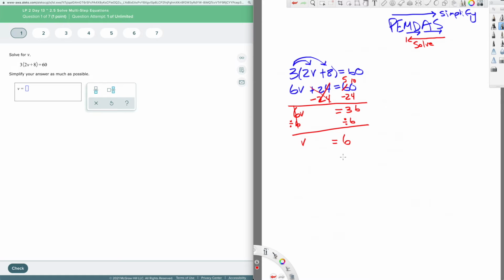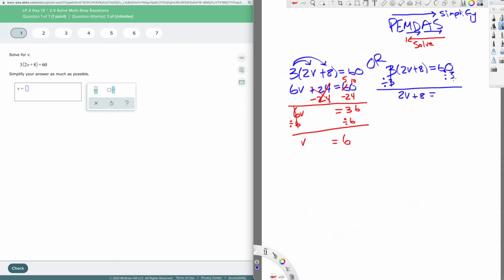So I'm going to take a step back. Since I brought it up, I'm going to take a look really quick at how you do that with the division. I could do it with distribution, or I could divide this 3 ways since the entire side is being multiplied by 3. So that's the other thing to be careful about. I don't want to divide if it's just one piece, but if the entire side is being divided or multiplied, either way, this one's being multiplied, or if it's a fraction and it's all being divided, I can do the same thing. So 3 divided by 3 cancels, and I have 2v plus 8 equals 60 divided by